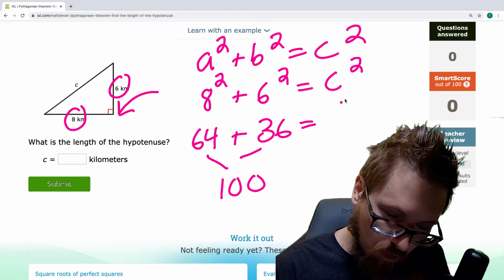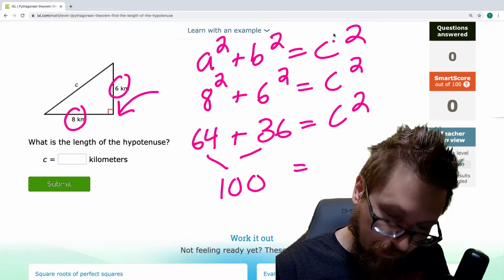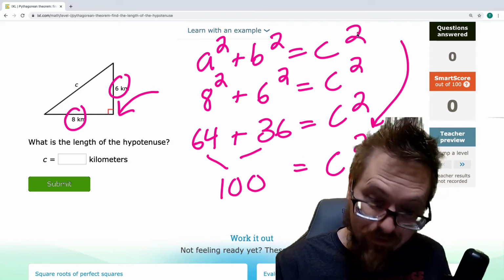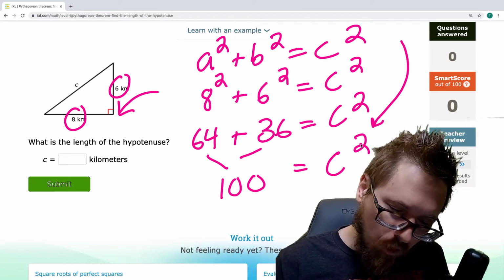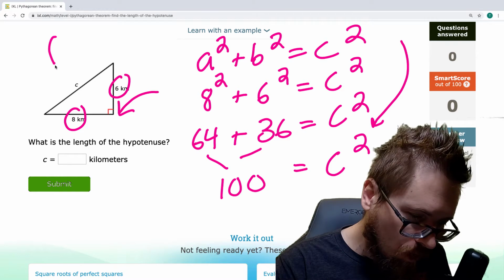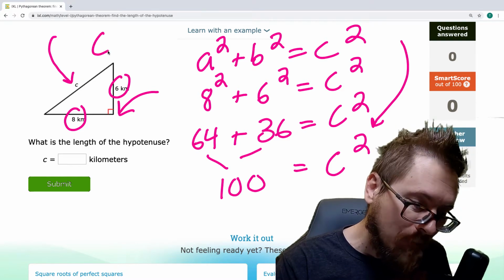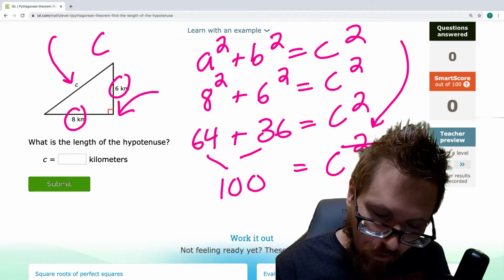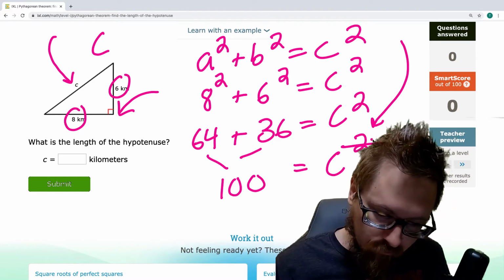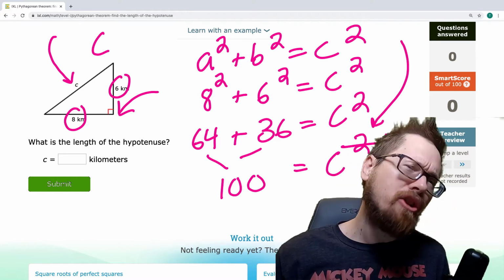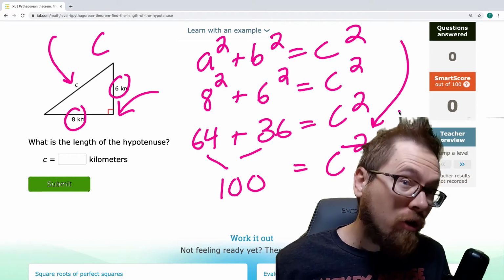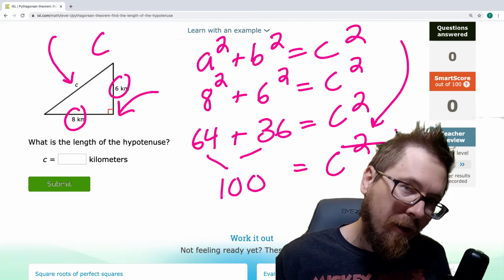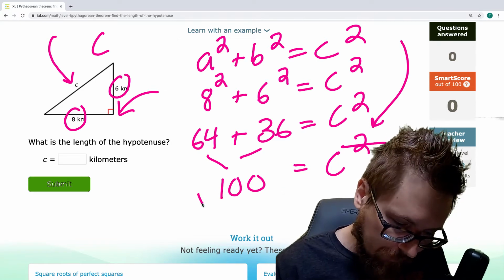Bring down the c squared, bring down my equal sign every time, bring down my c squared again. Notice you have this exponent here, well, this entire time actually. And we don't want the squared because notice here, on this part of the triangle, you only have c by itself. You actually don't have the exponent here. So how do you get rid of the exponent? Well, yeah, I could cross that off. That'd be kind of cool. Just cross you off. Well, actually, you could cross it off as long as you're fair and equal on both sides. So if I cross off the exponent here, I can do that as long as I take the square root